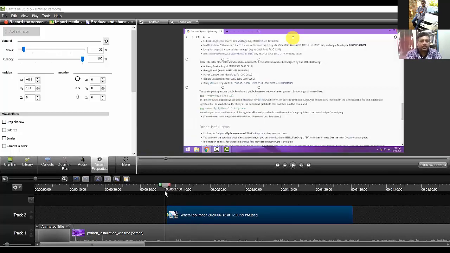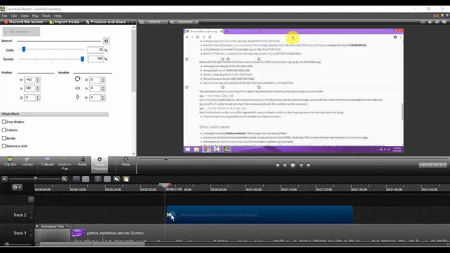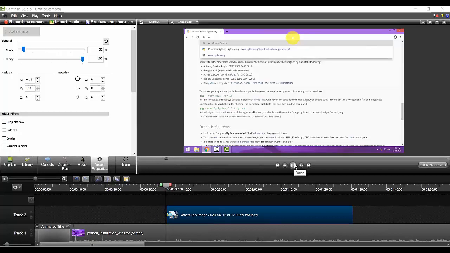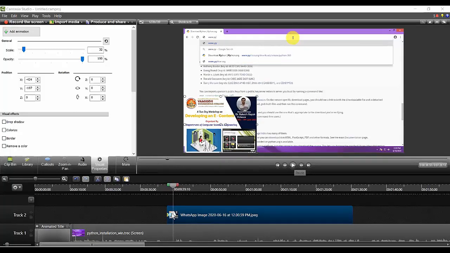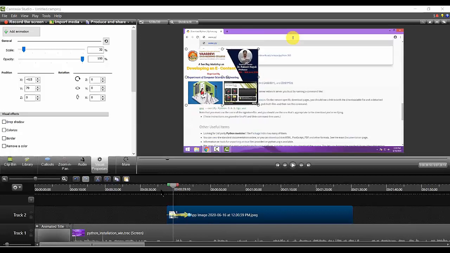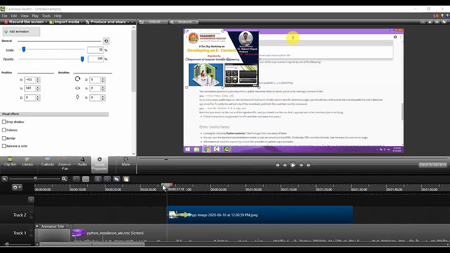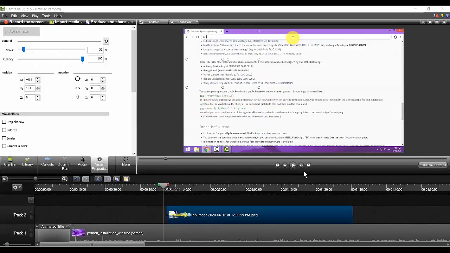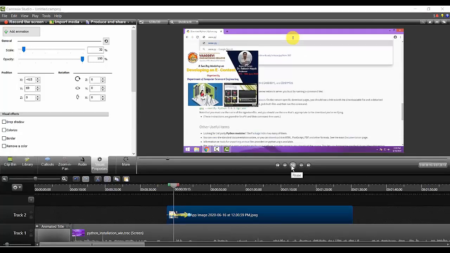You can see there is a small yellow triangle with a blue top. It means you have already done the transition. It is very fast. Now instead of that, if I hold the head of the triangle and drag it, you can see the image will be moving smoothly and very slowly.